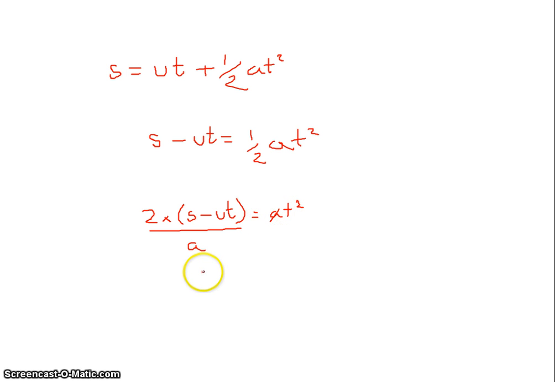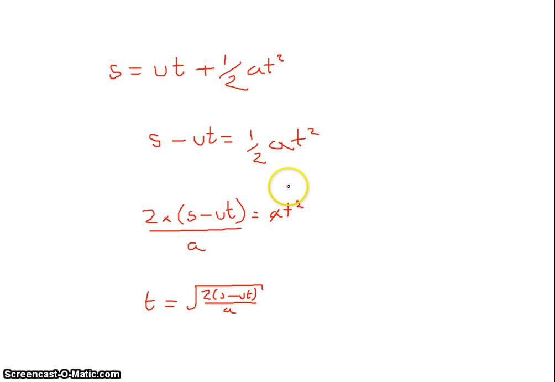So I'm left with t squared. And the last stage, if I just want to get t rather than t squared, is I've got to square root all of this. So I square root the whole thing: s minus ut divided by a. Now that's the rearranged version of that equation to give me t. So you should be able to follow those rearrangement skills, and if you can't, you need to watch the video